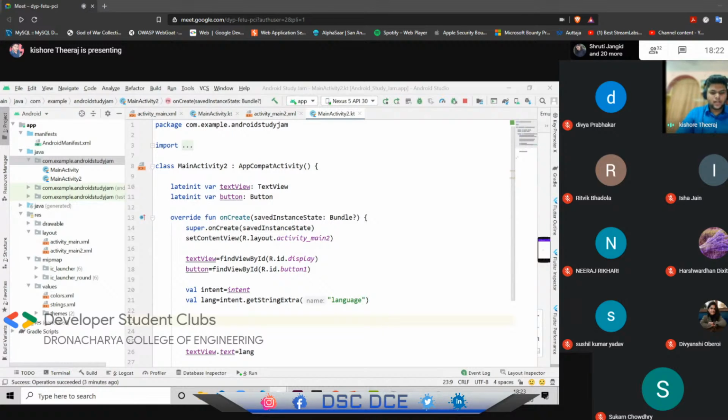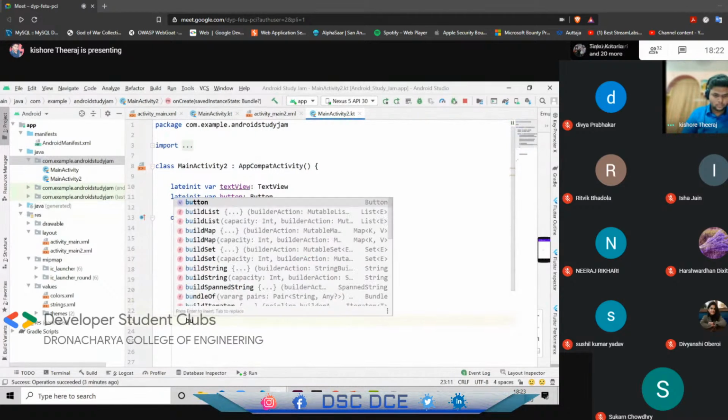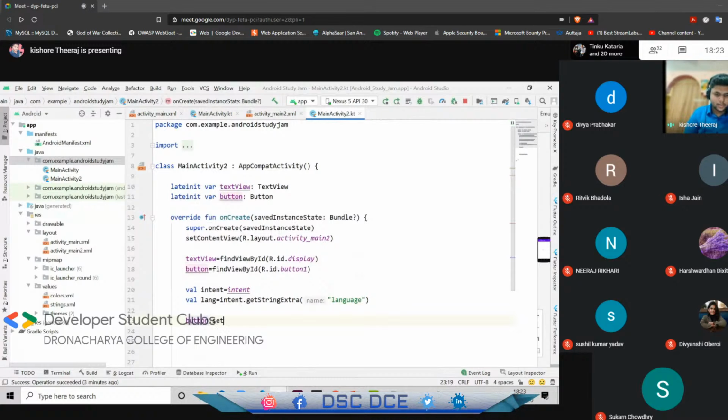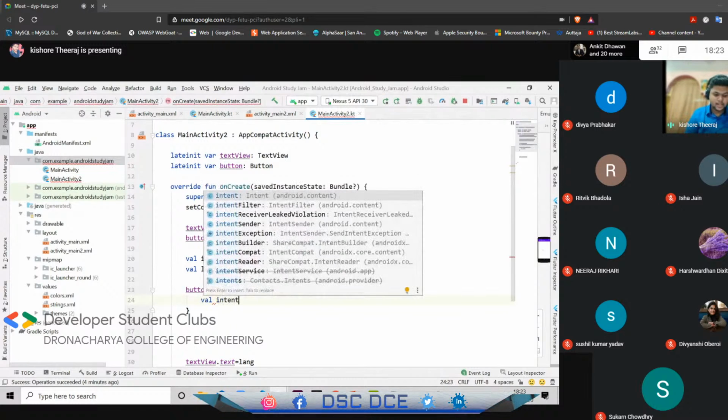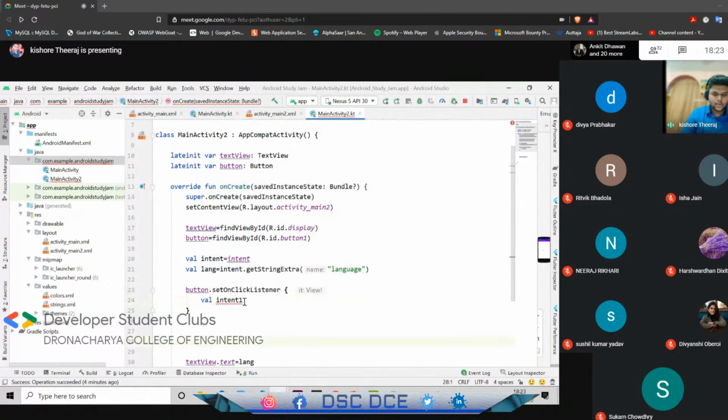So that can be achieved by calling the button dot setOnClickListener. And what I'm gonna do is create an intent again. I'm gonna keep this intent as intent one because I already used this intent here. Intent one equal to